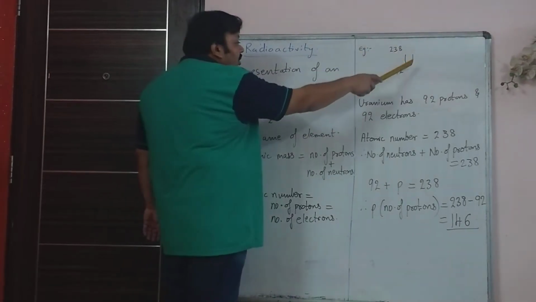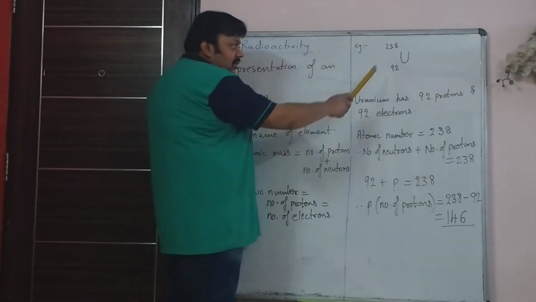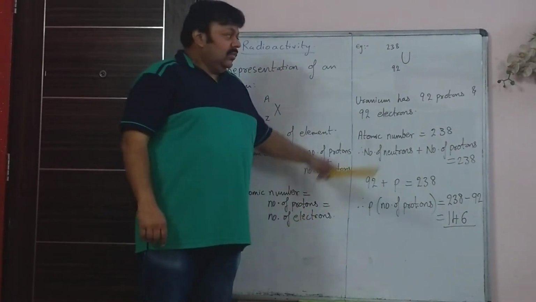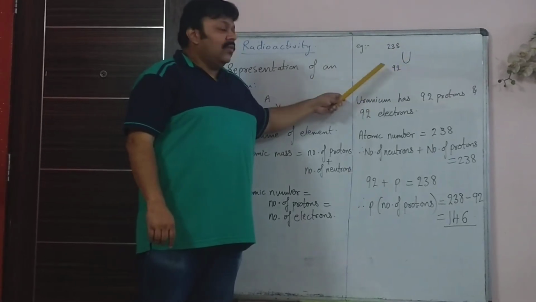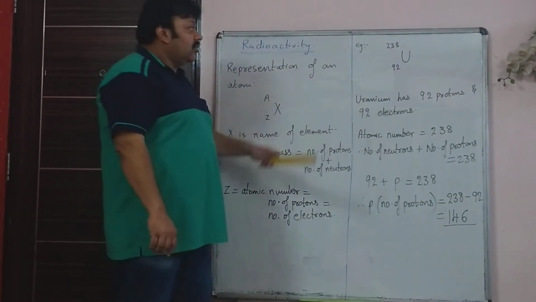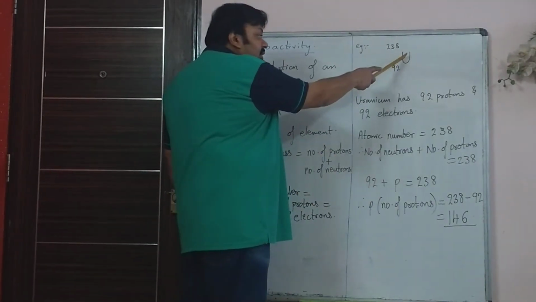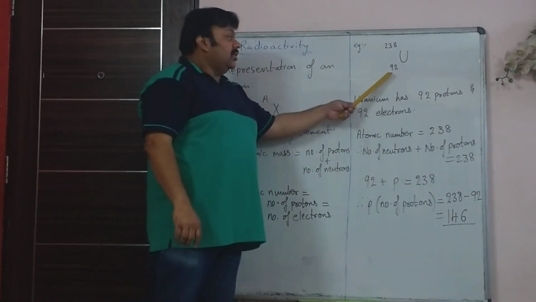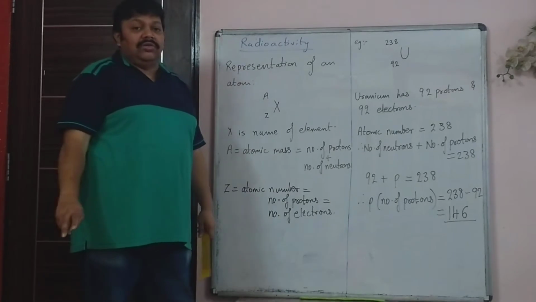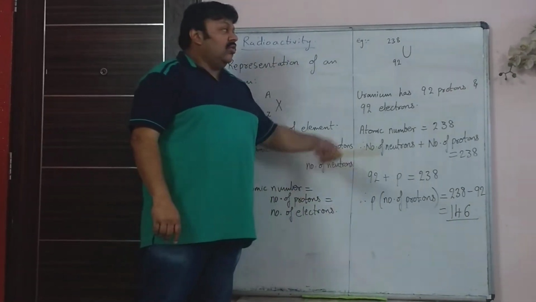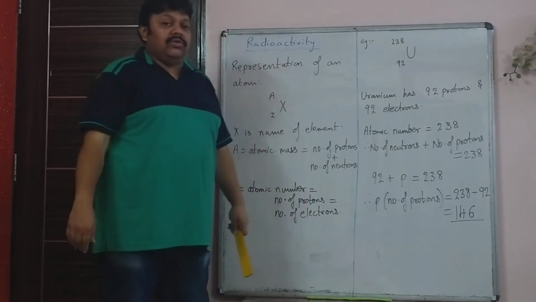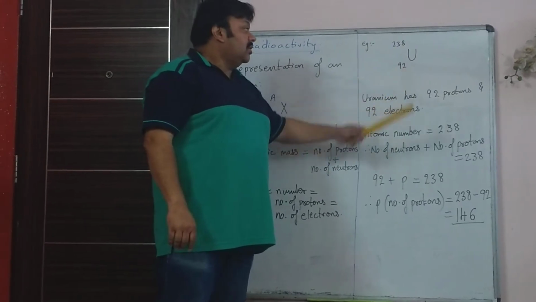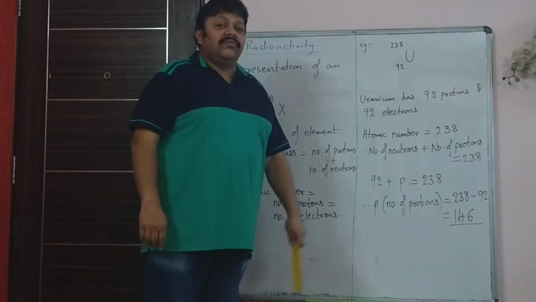So if you take an example of uranium-92-238, this is one of the isotopes of uranium. Uranium-92-235 is also there, and this is generally what is used as a fuel in nuclear reactors. Uranium-92-238 means that, first of all, the element is uranium as per the symbols in the periodic table. Then it also means that uranium has 92 electrons and 92 protons. So we can calculate how many neutrons uranium has. The number of neutrons will be 238 minus 92, that is 146.